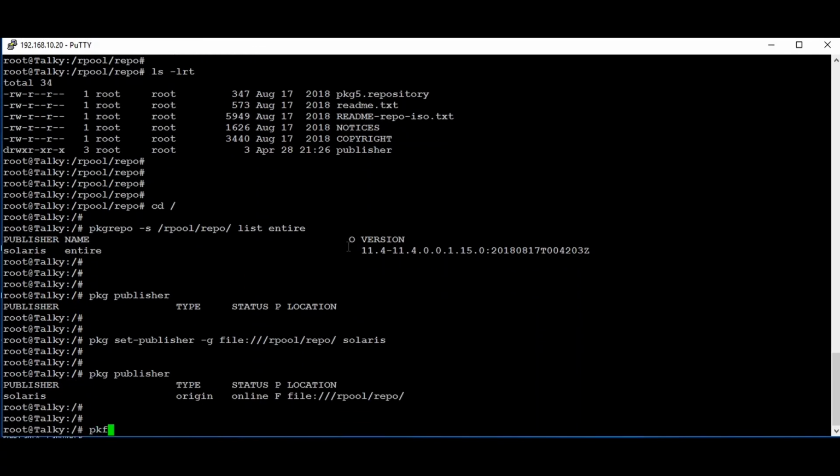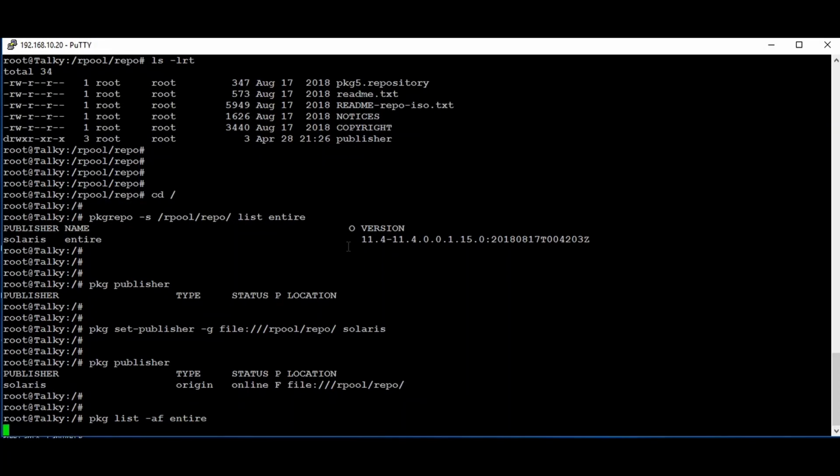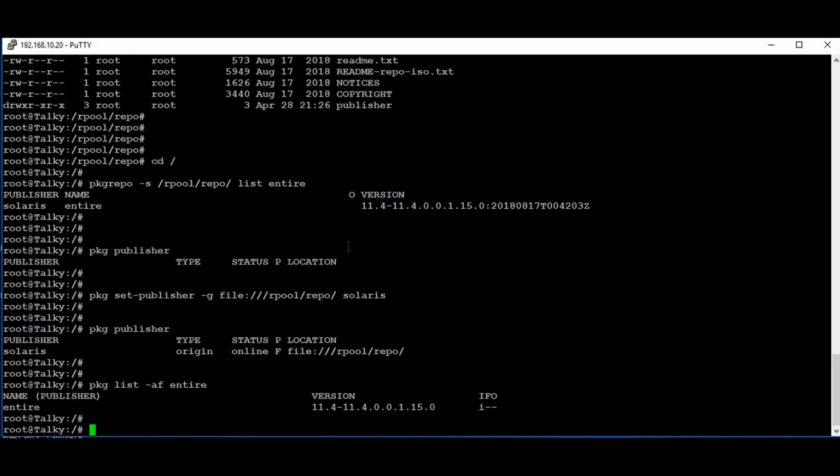Now we can check the version using the command pkg list -af entire. The publisher has been set successfully.